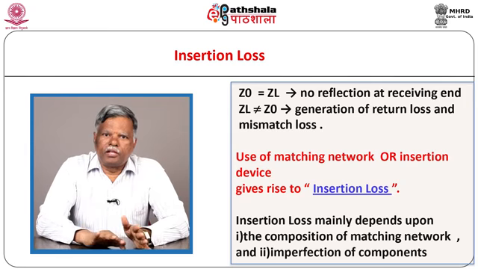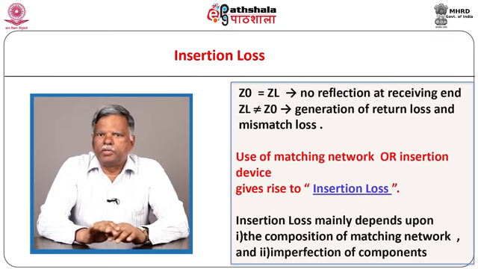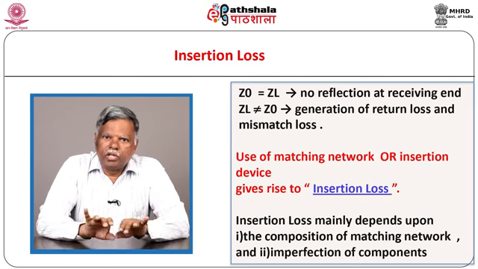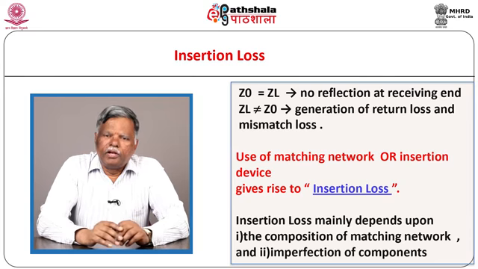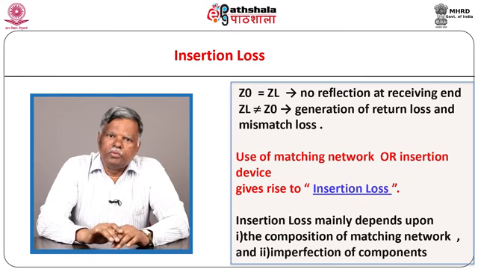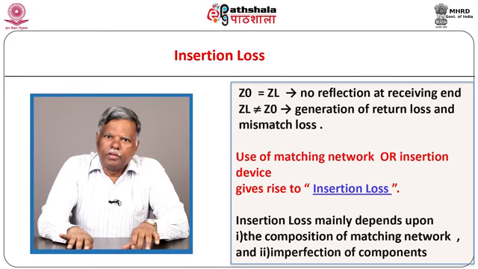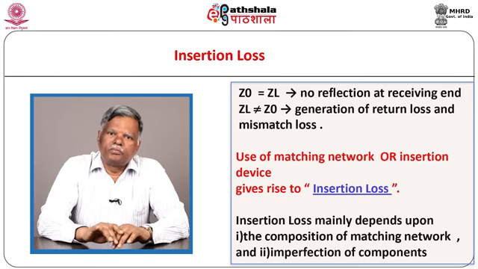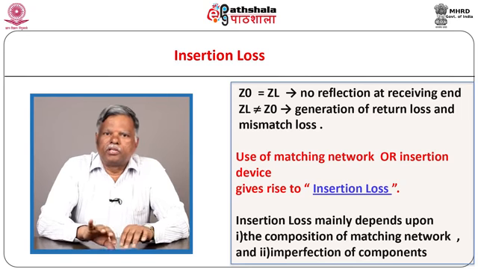If Z0 is real and ZL is complex, then definitely Z0 will not match with ZL. In such a case, as we have seen, we can use an L type of network or different types of networks for matching the two impedances. As soon as you insert such a network between the receiving end and the load, there is a loss of power which is called insertion loss. Let us try to get the information about such insertion loss.